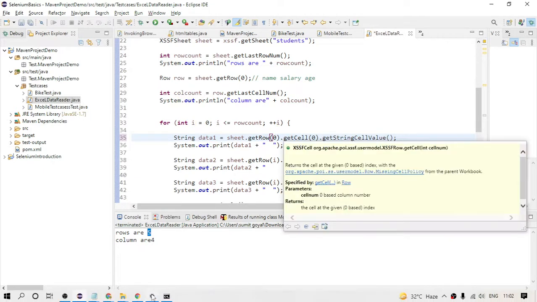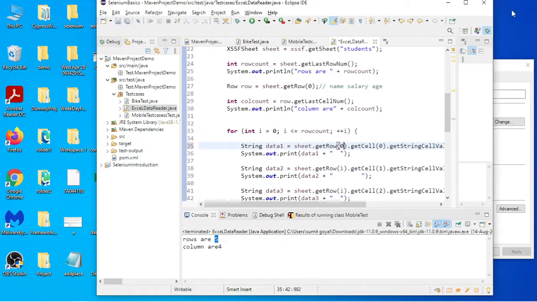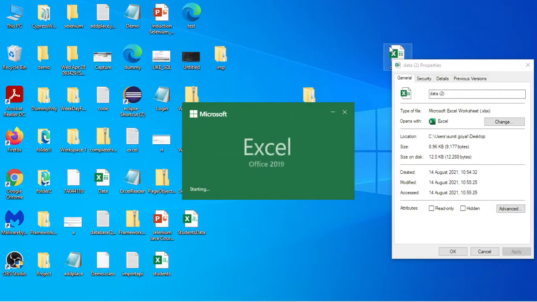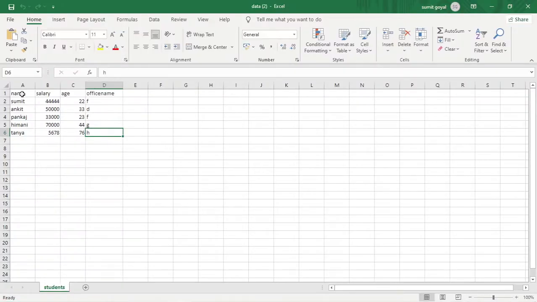So basically, if I show you, where is our sheet? Our sheet is this one. So what is our first column? If I talk about this one, it will be 0,0, 0,1, 0,2, 0,3. Likewise, for the next row it will be 1,0, 1,1, 1,2, 1,3.